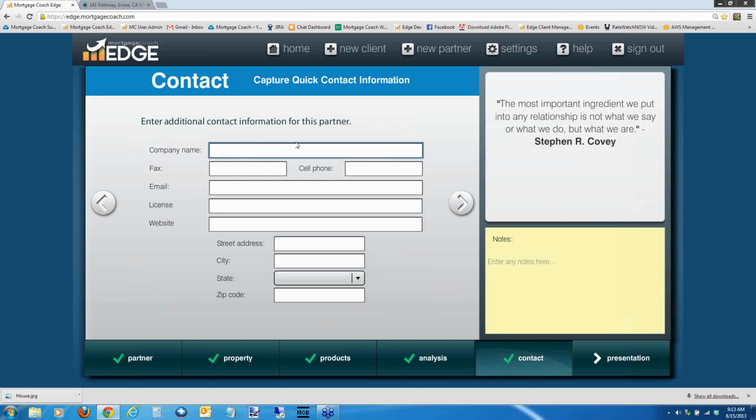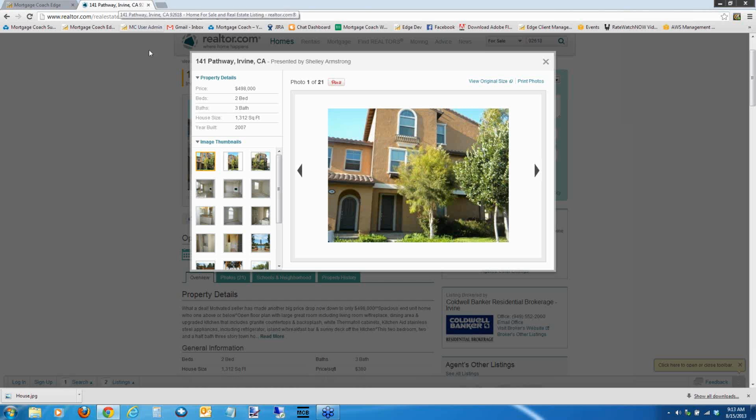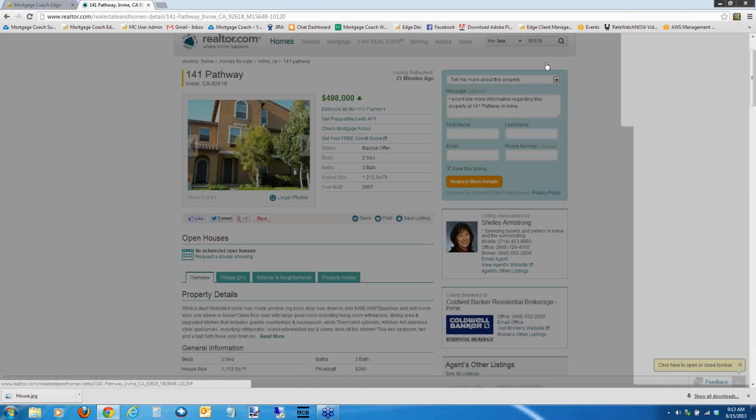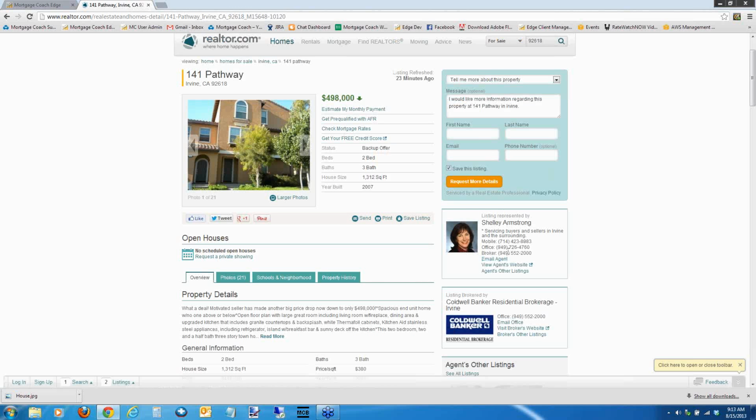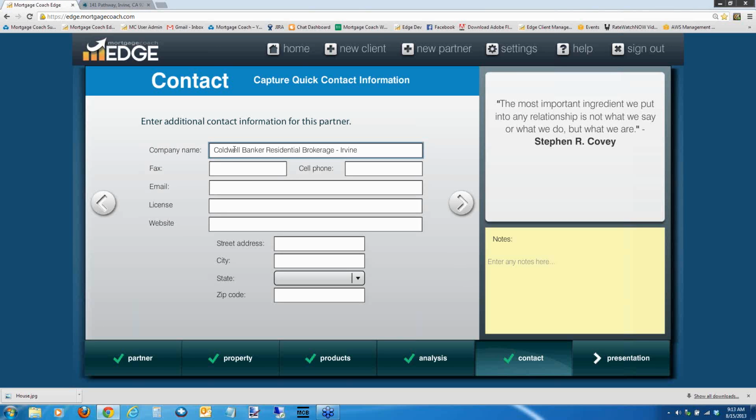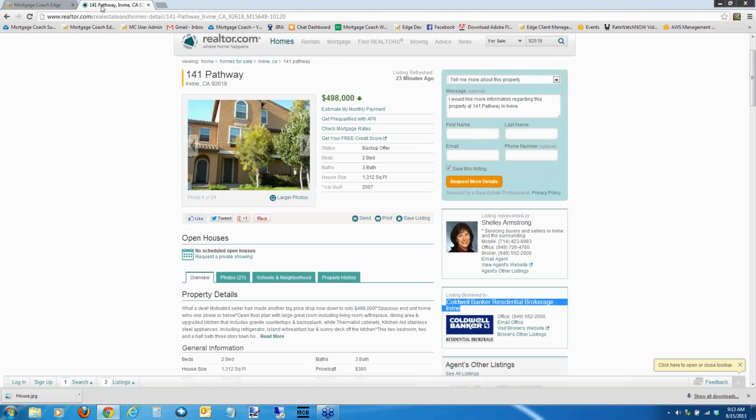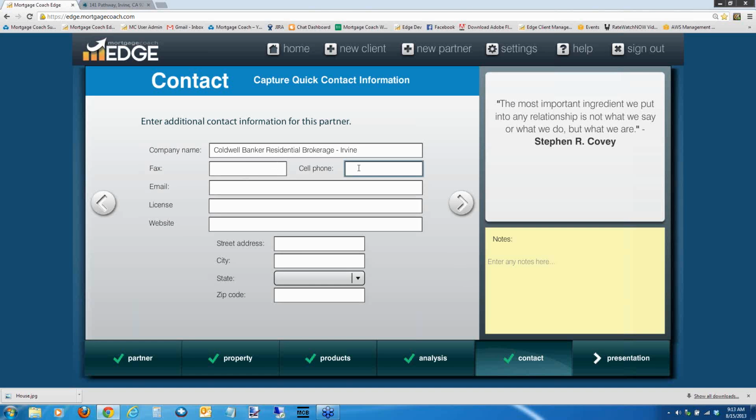And now we need some contact data for the actual partner. So in order to find that, I'm going to go back to my listing, and I'm going to close out of these images. And this is my partner here. Now what I'm going to do is I probably want to go to this agent's website because I need to know a little bit more about her. But I do know she's with Coldwell Banker, so I'm going to copy this and jump back over to Edge, put that in for my company name. And then I do have a mobile number here,